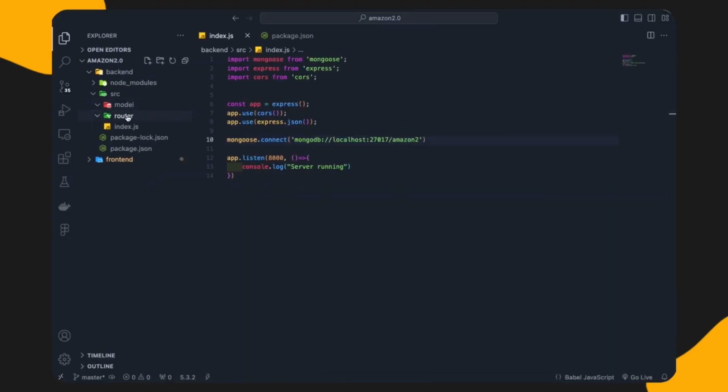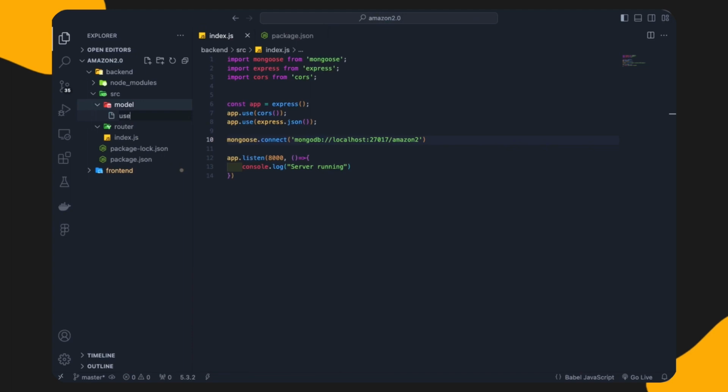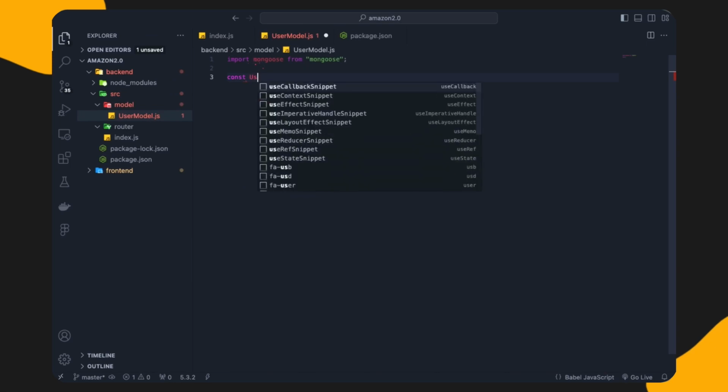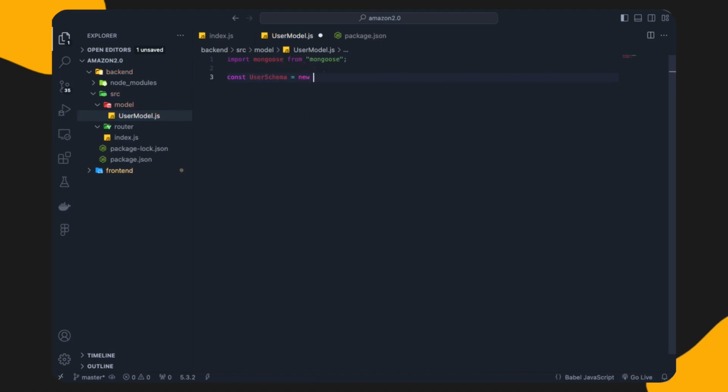So the router file we have created here. But before the router, let's create the model first of all. I will create a file here and name it user model.js. In this user model, first of all I will import mongoose. Then I will create a variable like user schema equals to new mongoose.Schema,